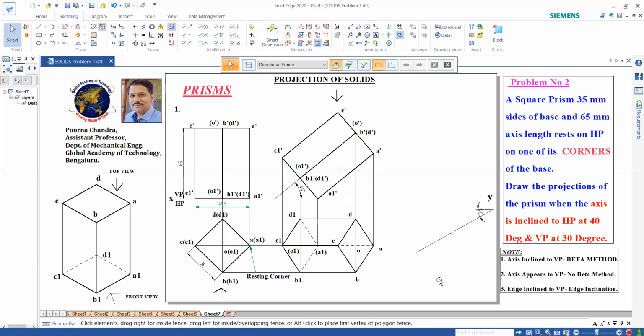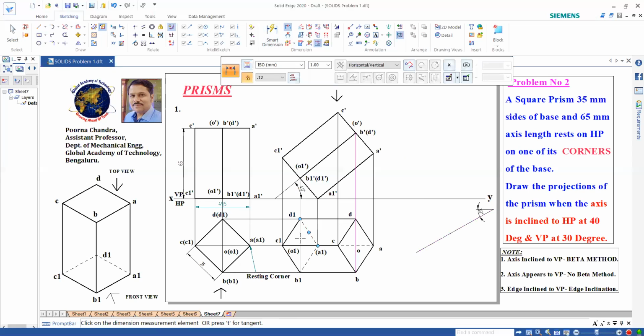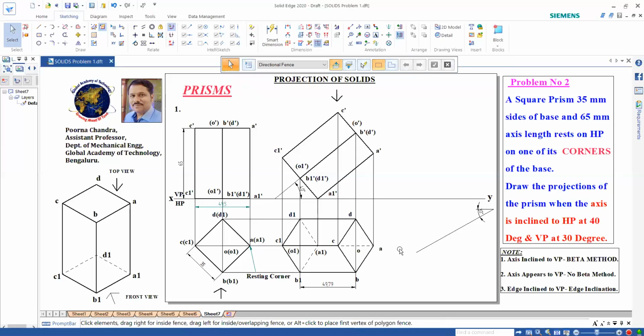So now we have done this. Now I should do the beta angle method. For the beta angle method, I need to know the distance between this axis and this axis. So it is 49.79. Now I'm rotating this prism to this side.